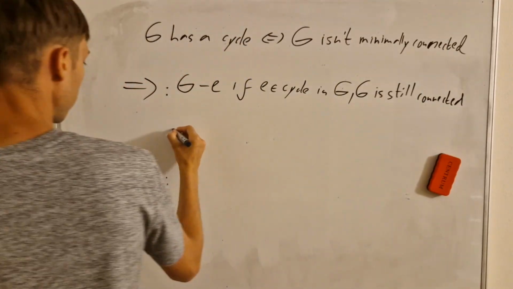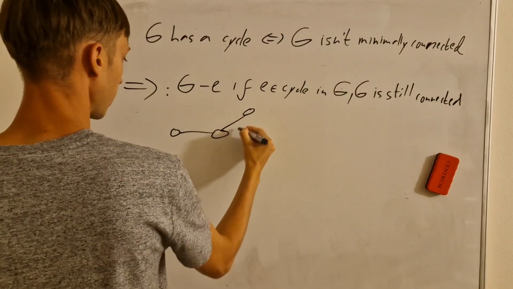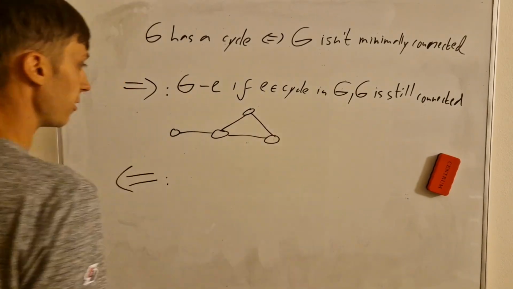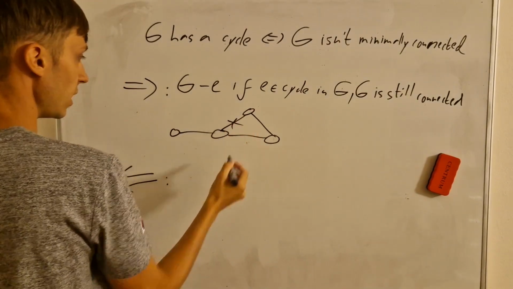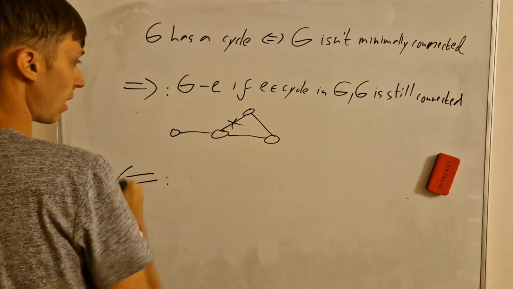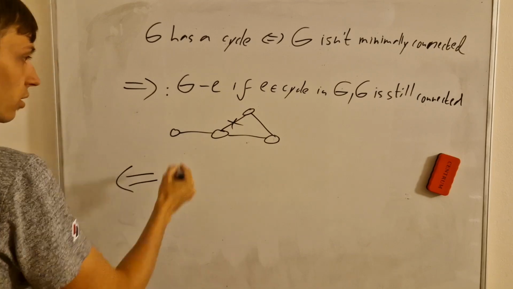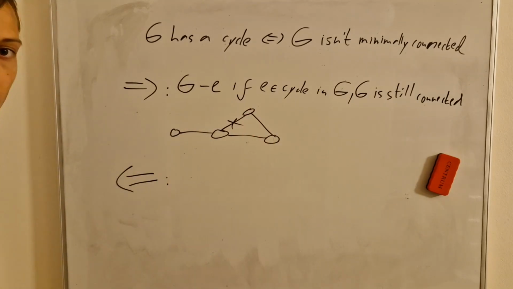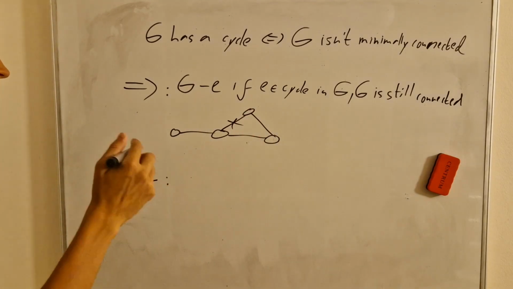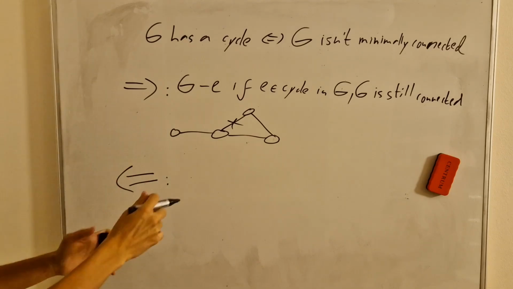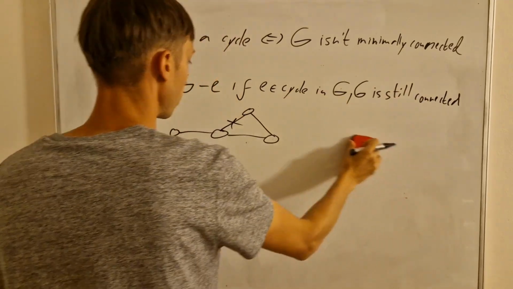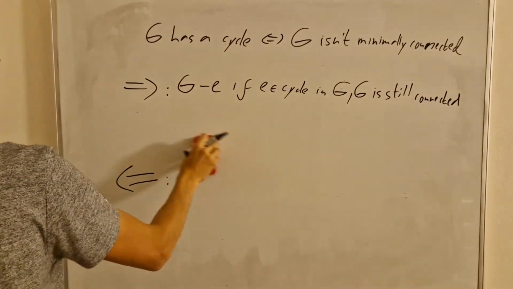I can show an example of it. So let's say you have this. If I remove, for example, this edge, here it was a graph of a cycle. But if I remove an edge from the cycle, we see it's still connected. All the vertices can have a path from one to another. And so we have this implication direction. Okay? And for the other side,